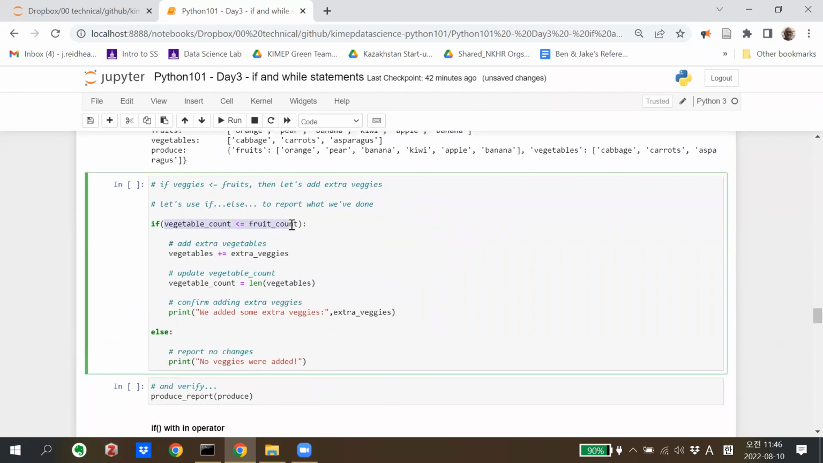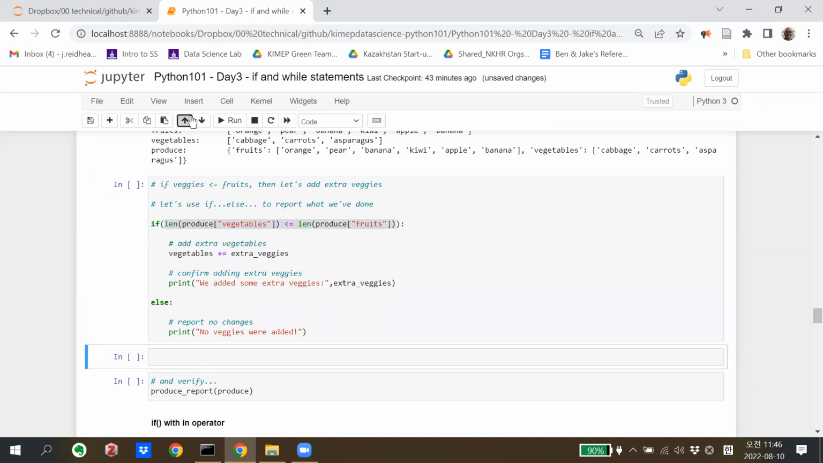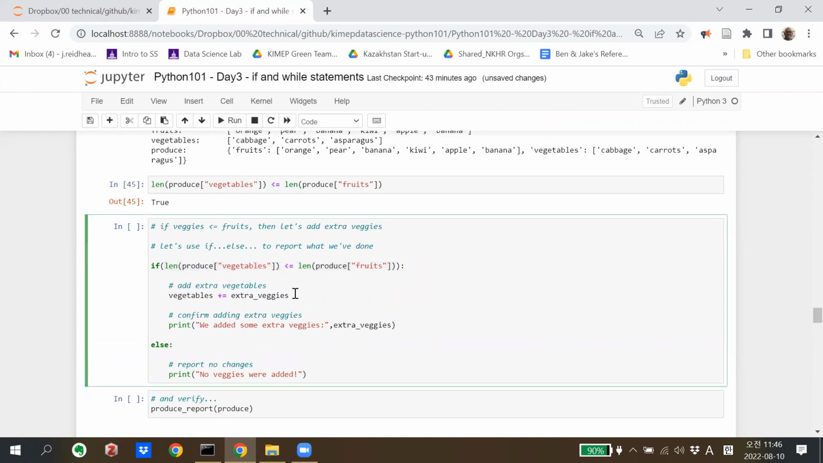I don't want to use those variables anymore. So here's the number of vegetables. Here's the number of fruits. If this is true, let's check if it's true. If we have fewer vegetables than fruits, then let's add the extra veggies. And then let's confirm that we've done that by saying we added some extra veggies and what those are. If it's not true,